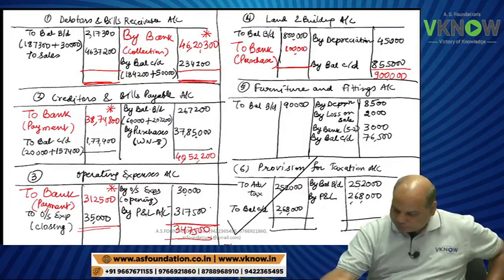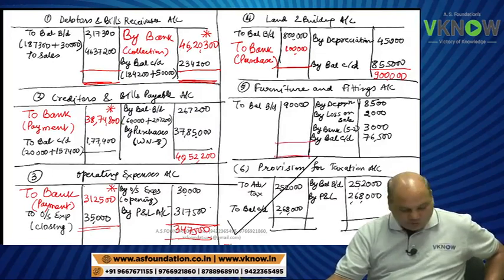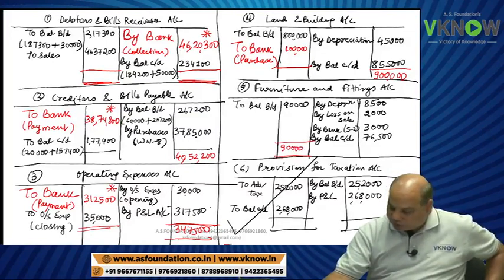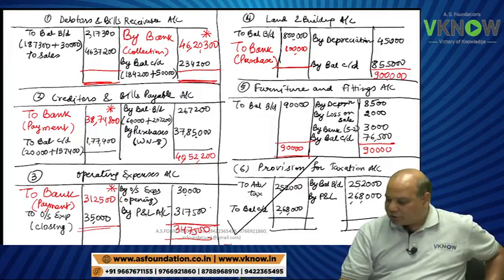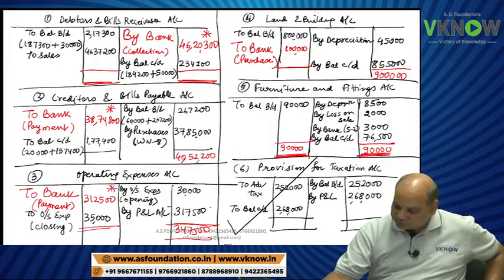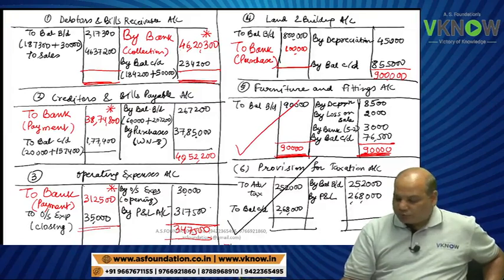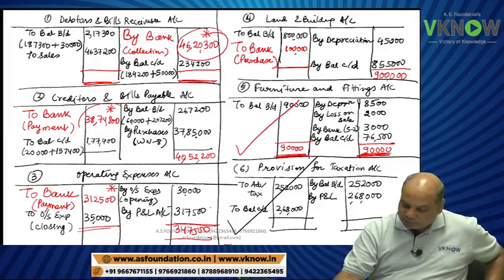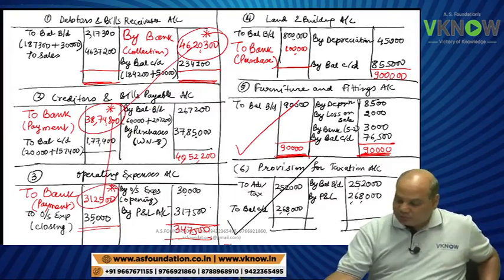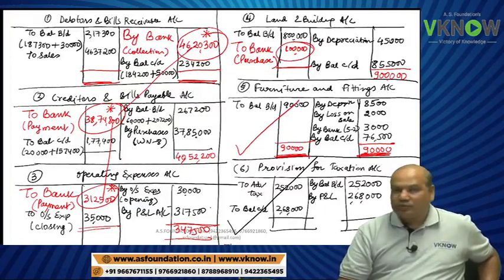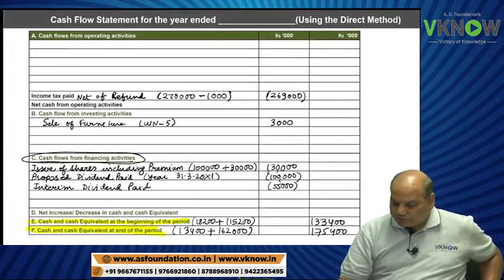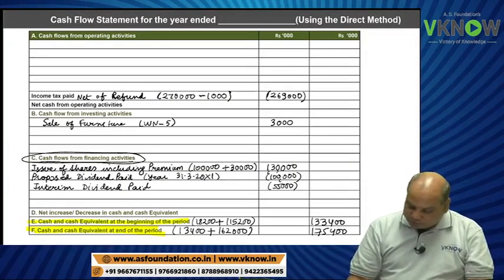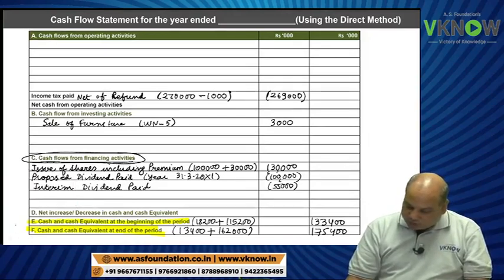This was easy. Now let us look at the furniture. Furniture total is telling. In furniture there is no missing figure. The total is telling. Okay. So what you do? Transfer these three figures to operating activity and transfer purchase of land to investing activity. Is it right? So come to cash flow from operating activities and write there